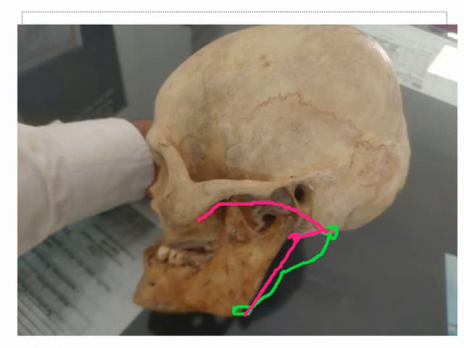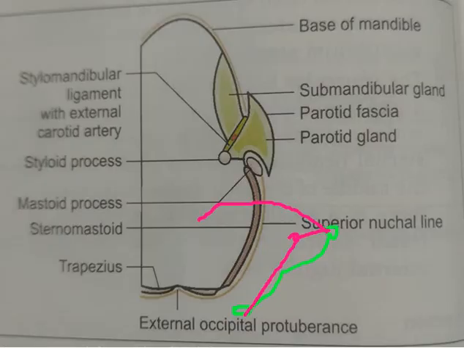Again, in this figure we will see the horizontal disposition where we can understand the superficial and deep layers. This figure is the coronal section passing through the superior attachment. This is the base of the mandible. So our investing layer is attached above to the base of the mandible. Then here is the styloid process. Can you see this styloid process here? We will mark it again in red color.